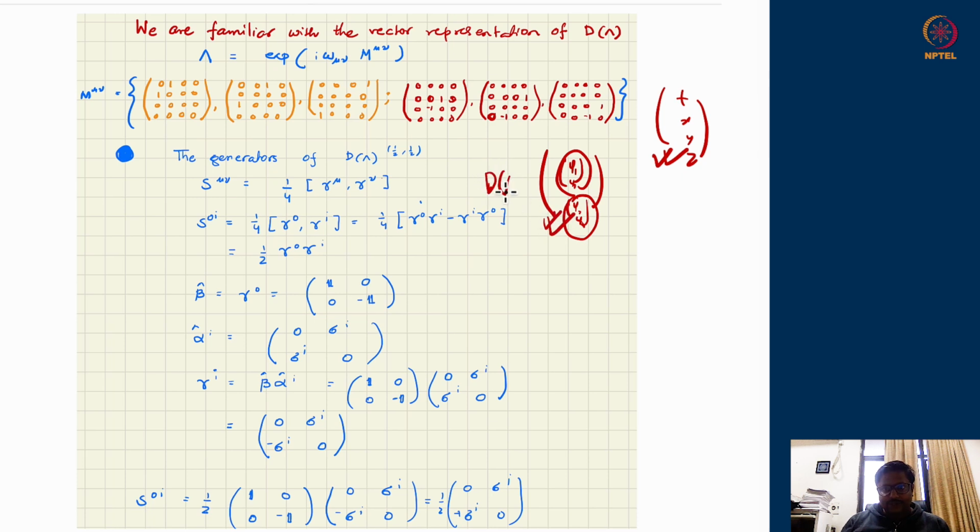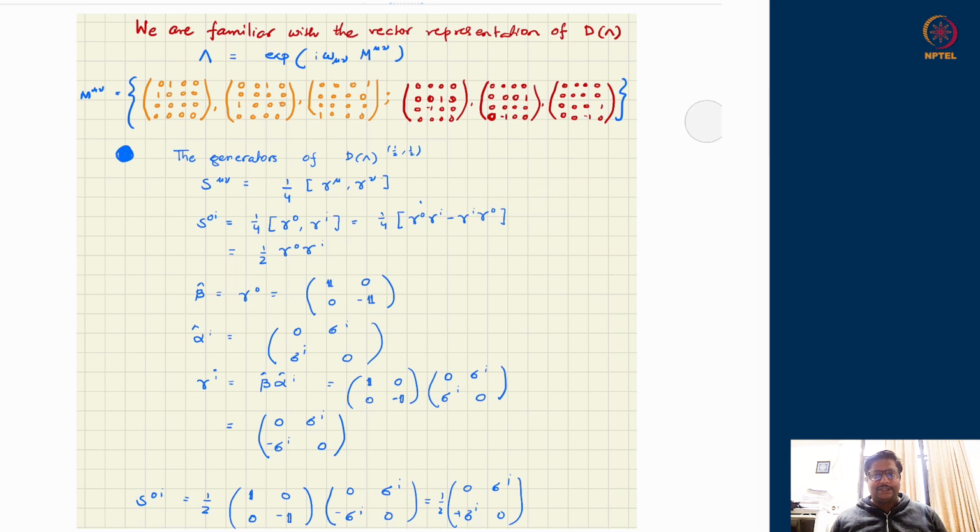That means they transform with a different matrix, D lambda half, and what this D lambda half will be is obtainable from their generators. So in the spinorial space we are again looking for 6 generators of the Lorentz algebra, because the algebra has to remain the same, and which act upon the spinorial objects. Now, since this is not a course on full field theoretic representation, I would not be deriving those properties for you, but I would just be listing down what those 6 generators are in the spinorial space. So we are familiar with the gamma mu matrices.